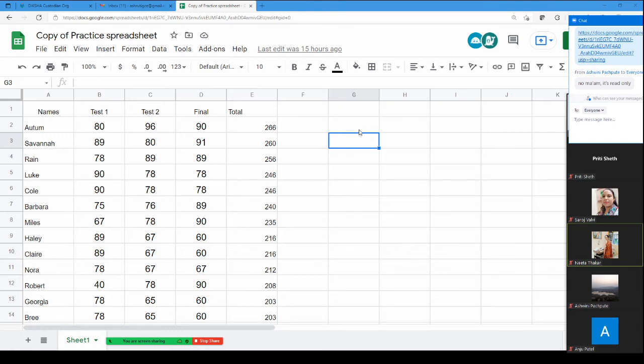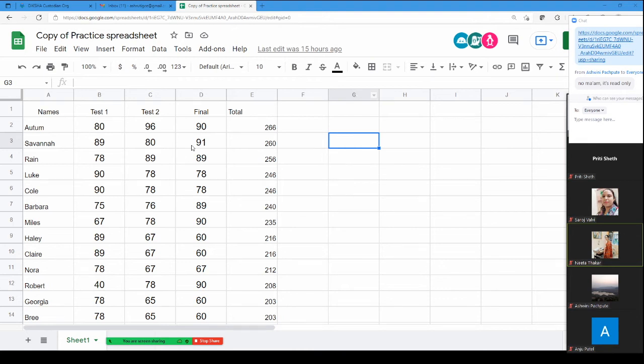So what is the address of this cell? Could anyone just tell me the address of this cell? Okay, the address of this cell is G3.